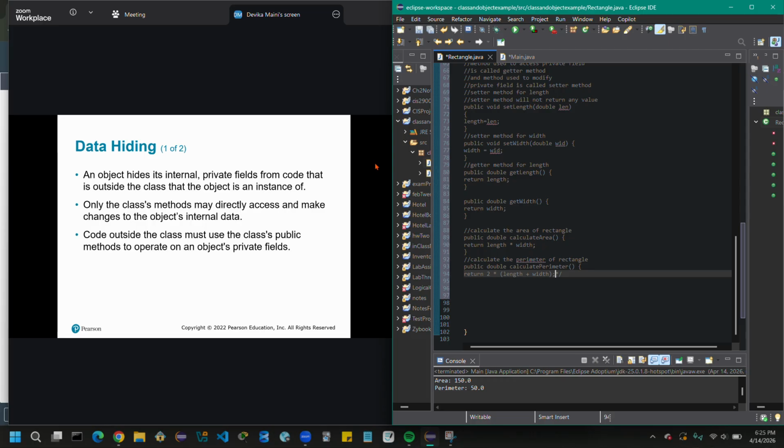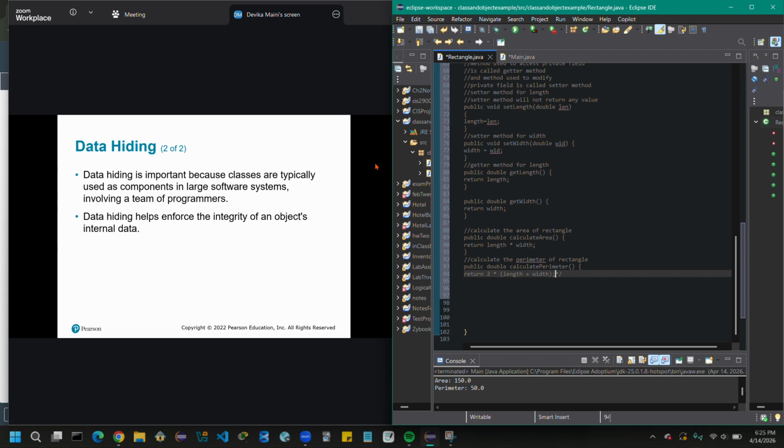Data hiding. An object hides its internal private fields from the code that is outside the class the object is an instance of. Only the class methods may directly access and make changes to the object's internal data. Code outside the class must use the class's public methods to operate on an object's private fields.